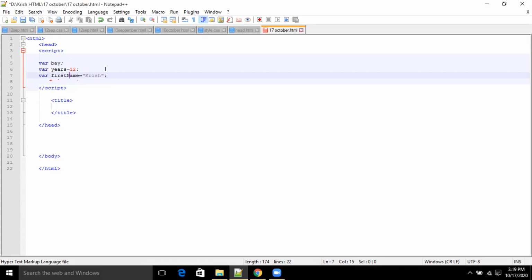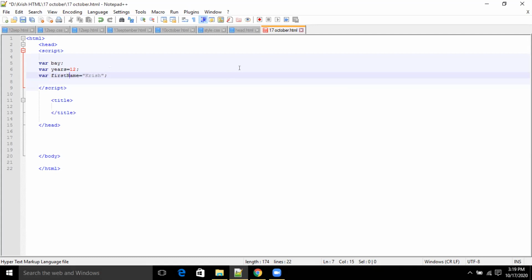Now variables, as of now, if you can see, day is a variable, years is a variable, firstName is a variable, but day has no value assigned. Years has got a numeric value assigned, 12. FirstName has got a string assigned. So different kinds of data can be assigned to a variable. With me? Yes, sir.